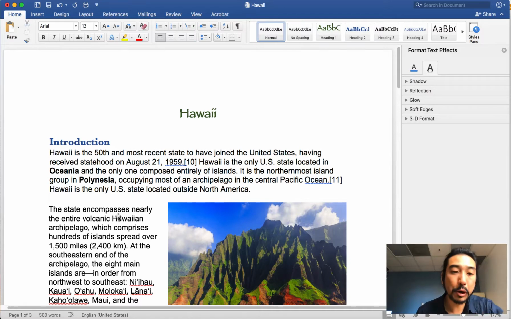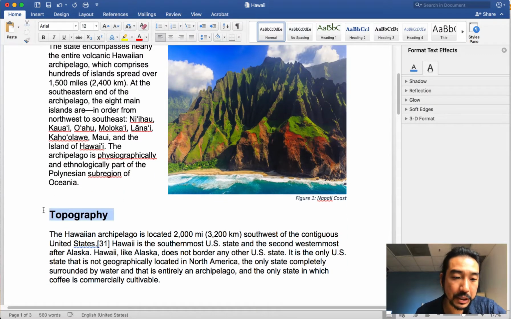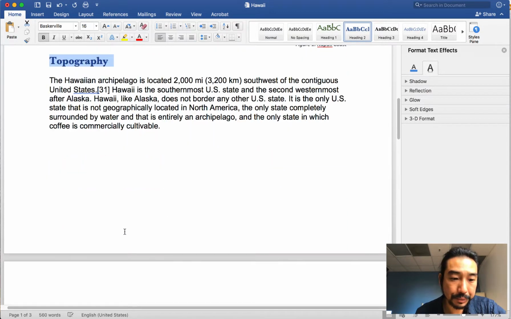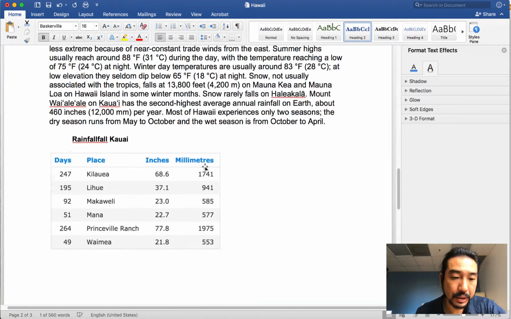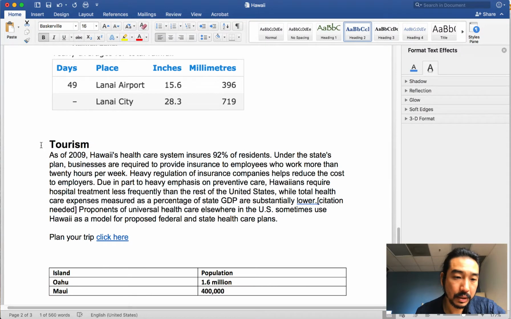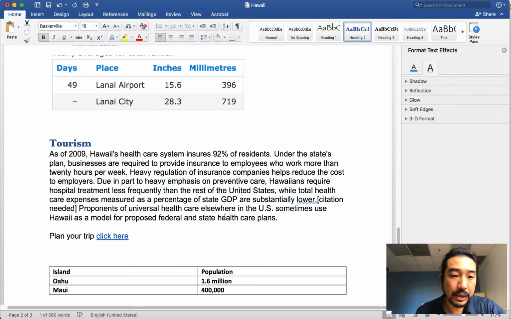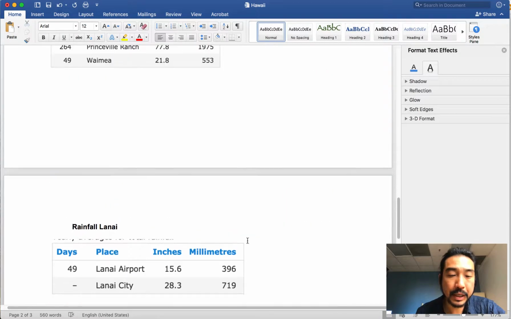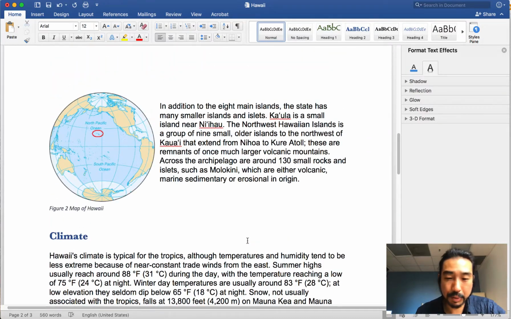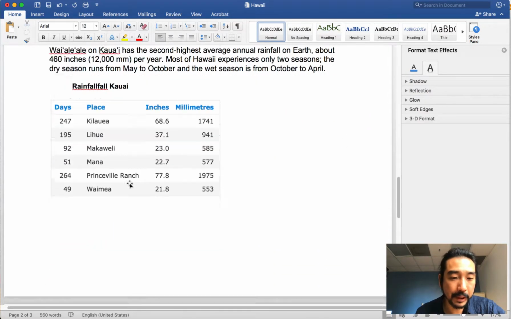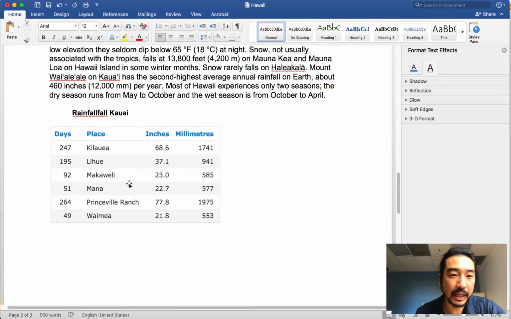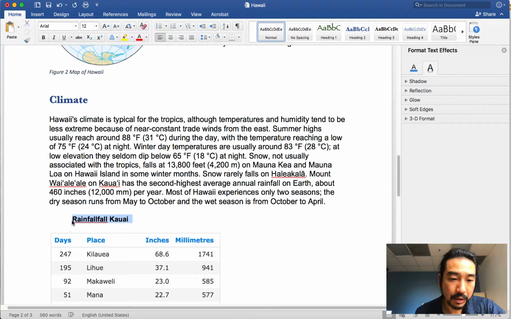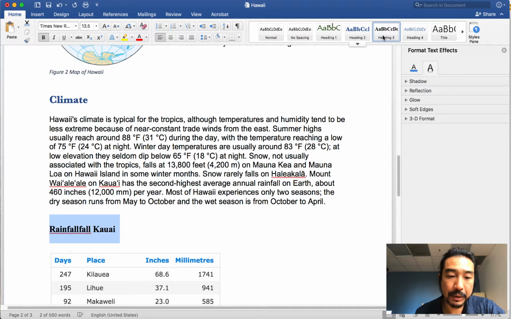And then I'm going to go ahead and apply header 2 to the rest of these. H2, H2, H2. All right, so we have all of our H2s in, and now we're going to put in our H3. So under climate, we have a couple H3s. We have the rainfall in Kauai and rainfall in Lanai. Those are two H3s. I'm going to go ahead and highlight this, H3,